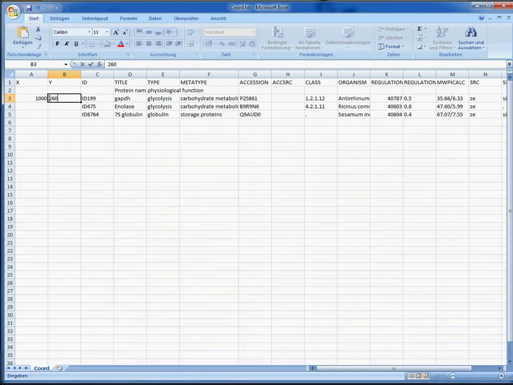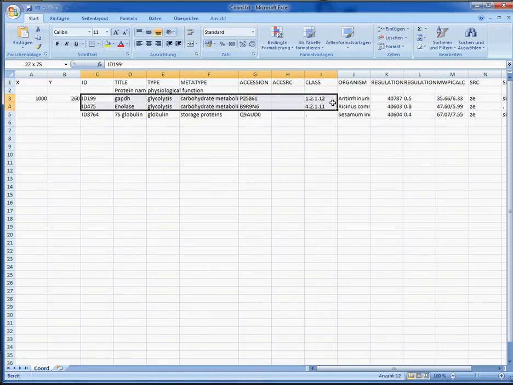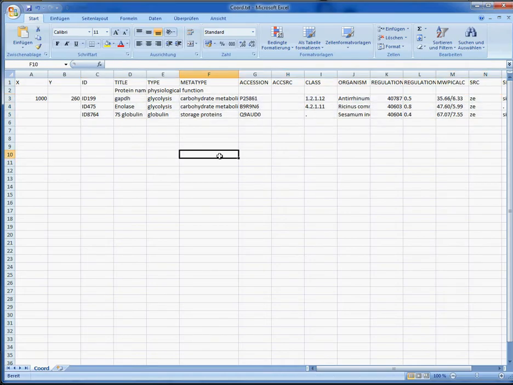We then enter these values into a spreadsheet and add some data from mass spectrometry and database lookups. All columns have fixed names and have to be written without spaces and in capitals. The order is not important. The coordinate file should contain at least 3 columns: the X and Y coordinates as well as a spot number. Additionally, the following columns can be included.